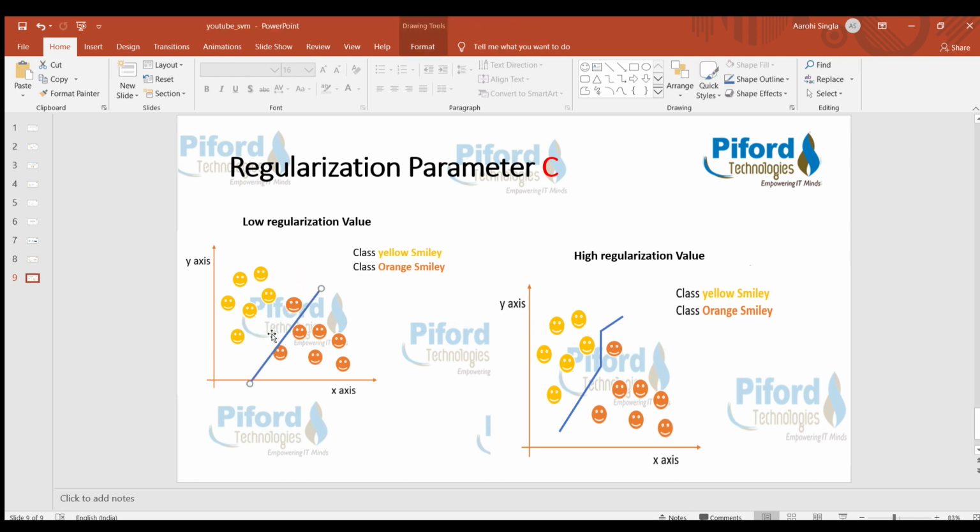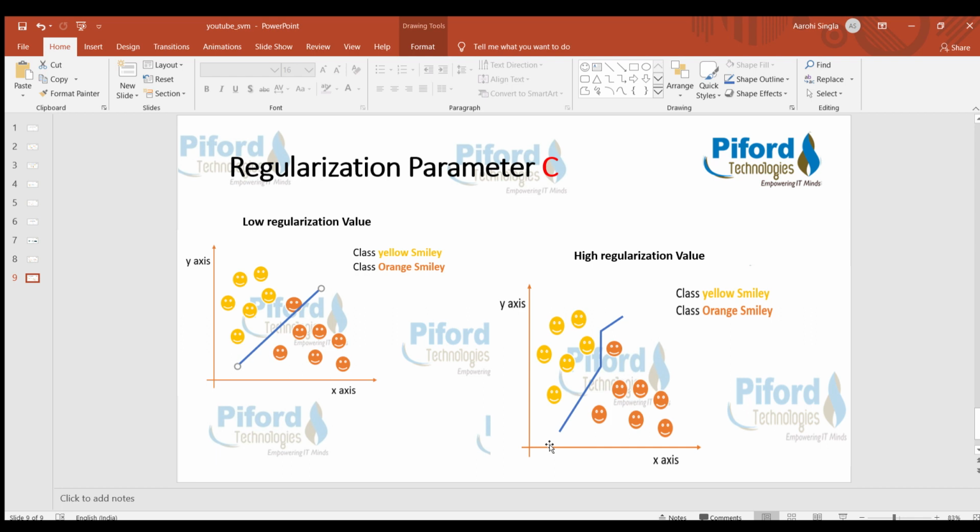So let me draw it like this. There is some misclassification due to a small value of C. And in this image, you can see that we are getting good results, right? Over here, there is a slight change. This line should be here, not here. We are having some misclassification due to a low value of regularization, but over here, when we use a high value of regularization, we get excellent results with this parameter, right?